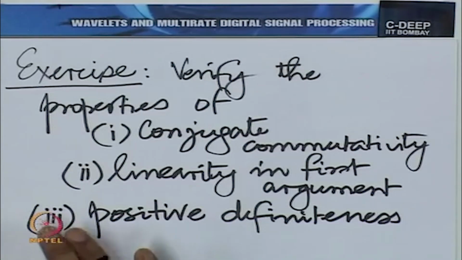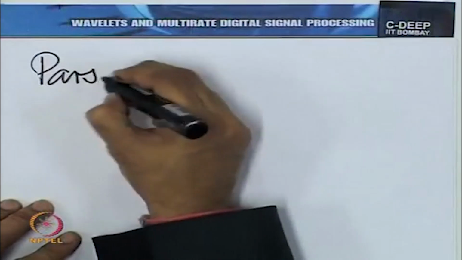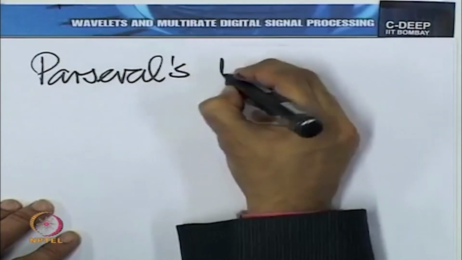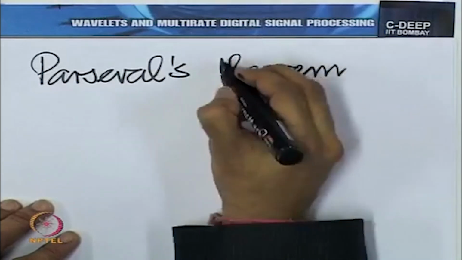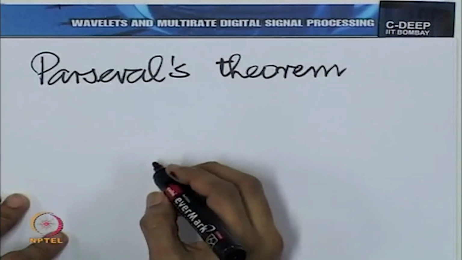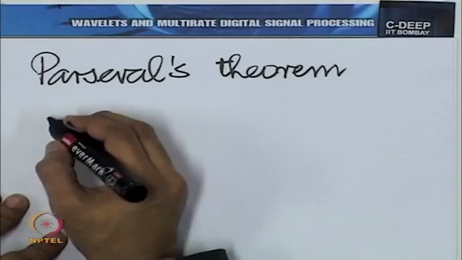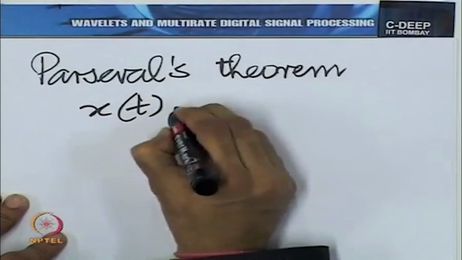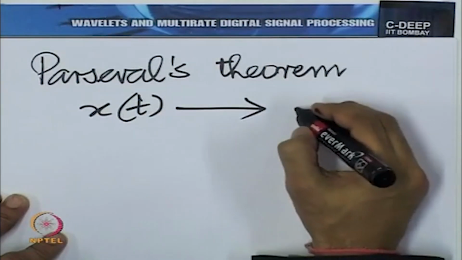But what I wish to emphasize at this point is the famed Parseval's theorem, of which we are aware in the context of the Fourier transform. So, let me recapitulate that very important theorem in the context of the Fourier transform, and let us also give an interpretation to it. You see, Parseval's theorem as we know it for continuous functions says that if x(t) has the Fourier transform,